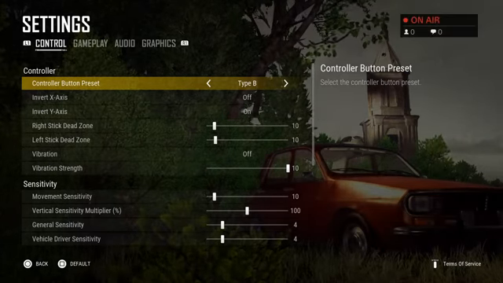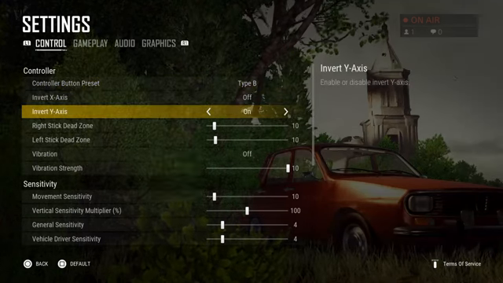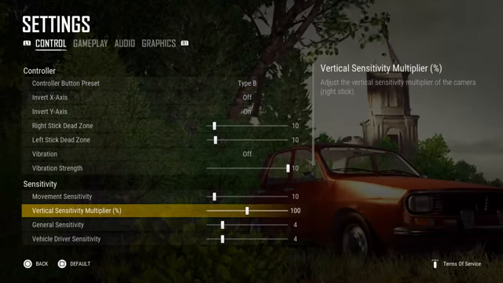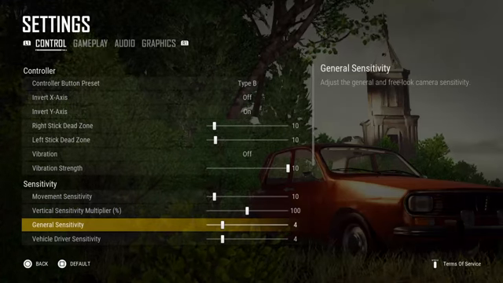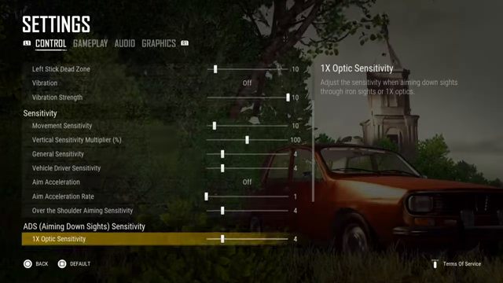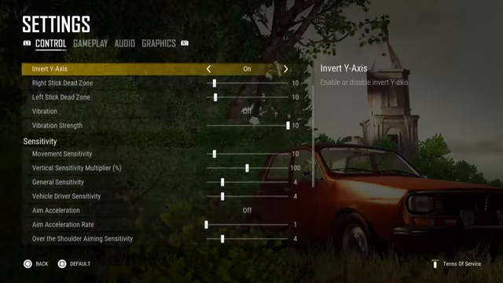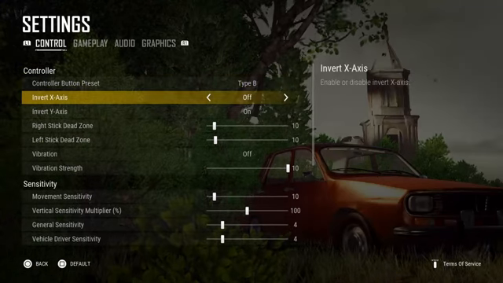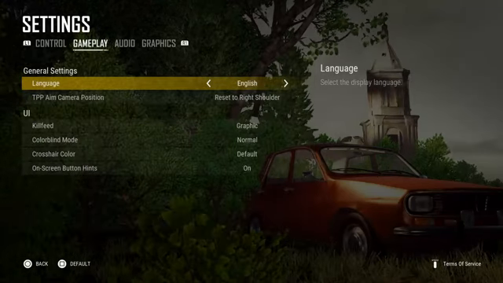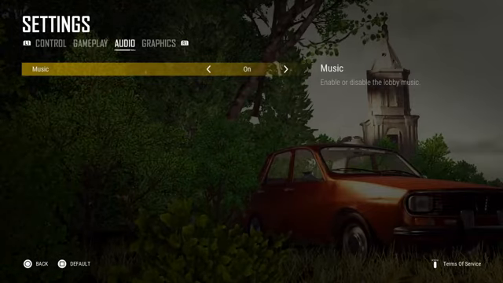Go into settings, control preset B is the one you want, and then just change your sensitivity. I run mine at 4. I might turn it up a little bit depending on how it feels on the game. Put it all to 4 or 5. The controller preset B is the really important one. Invert your y-axis if that's the sort of thing you want, and then you'll probably want to turn the music off in a little bit, but I'm going to leave it on for now